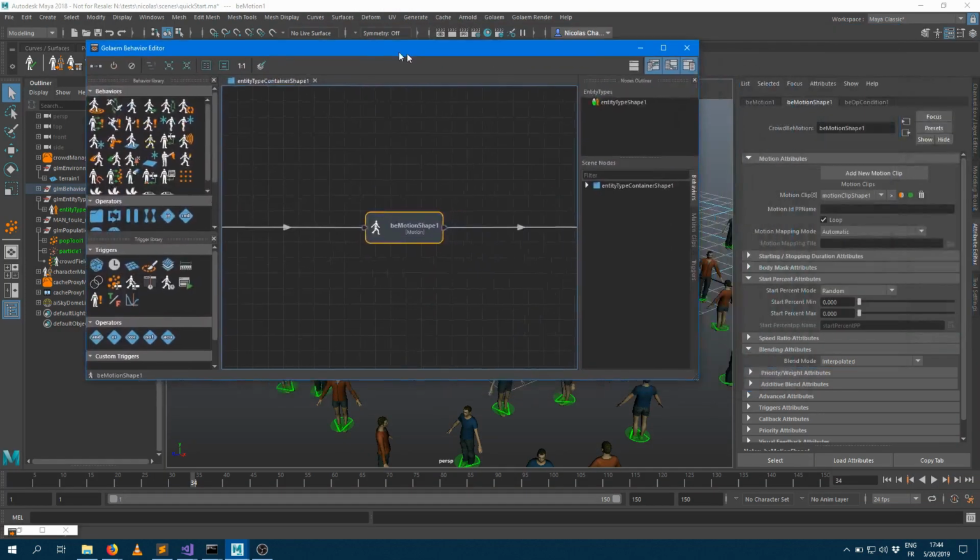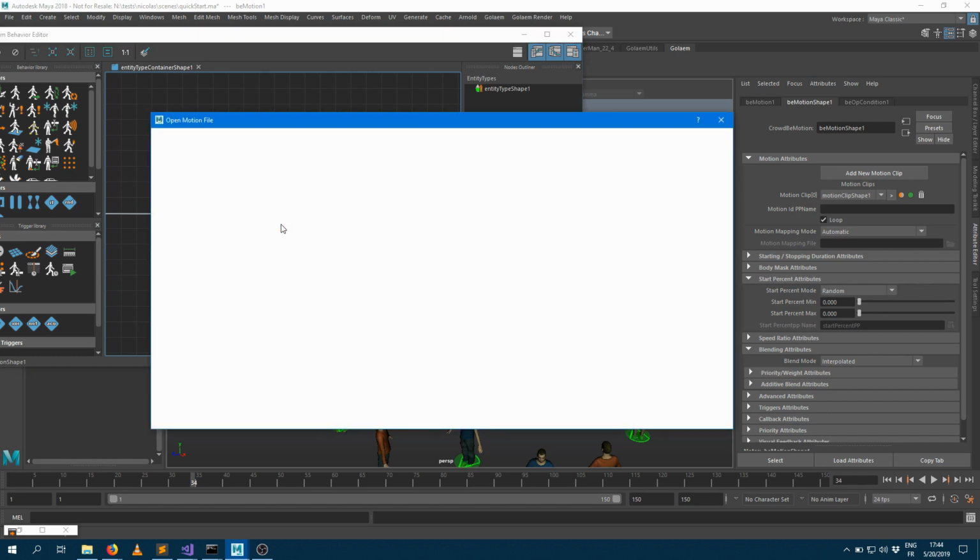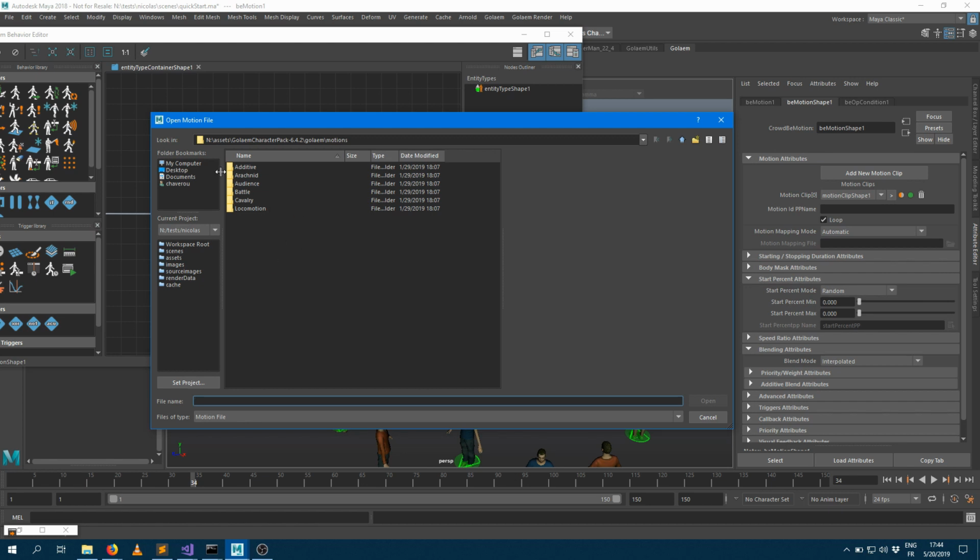Once again, that motion behavior is a Maya node. It has Maya attributes, so I can load a motion clip. There's a shortcut: if you double click on a behavior node or locomotion node or any animation related node, it prompts you to load a motion file. If you go into the character pack, into the Golem folder, into the motion subfolder, you have plenty of motions you can play with. Especially for human characters, there's the audience directory with plenty of stadium kind of motions, and also the locomotion behavior with a couple of cycles for turns, runs, and walk animations.